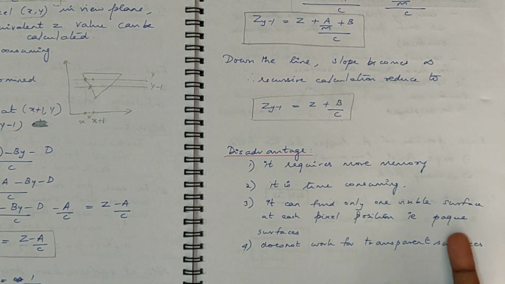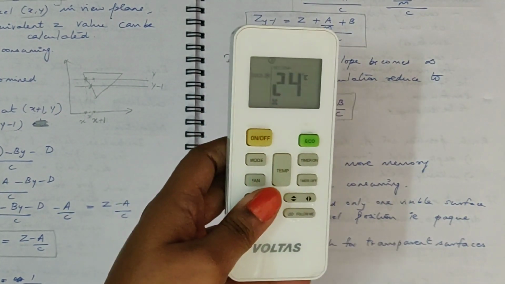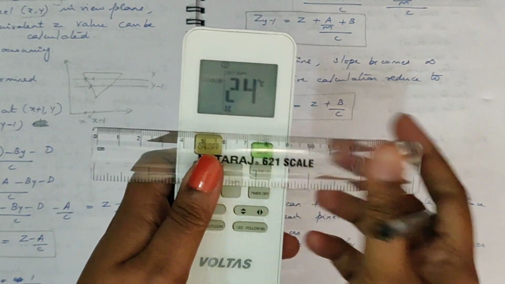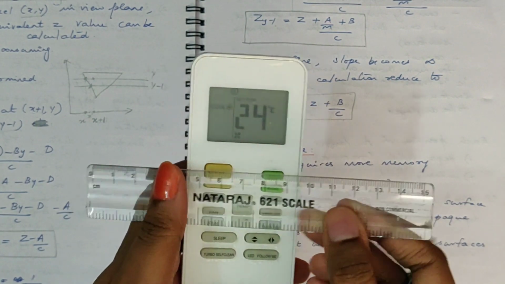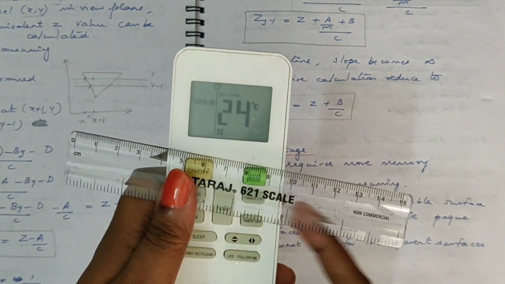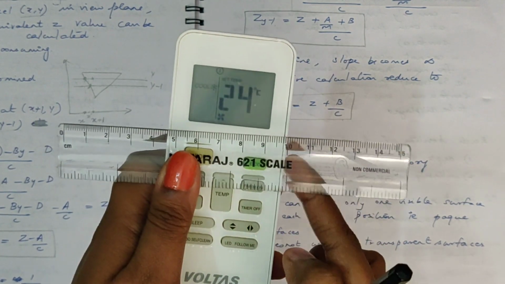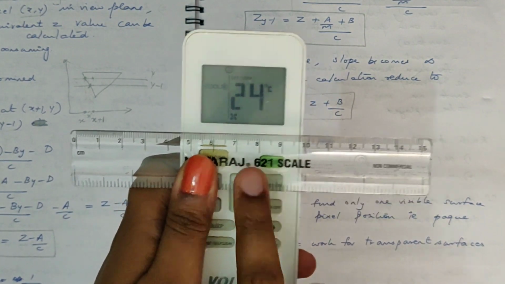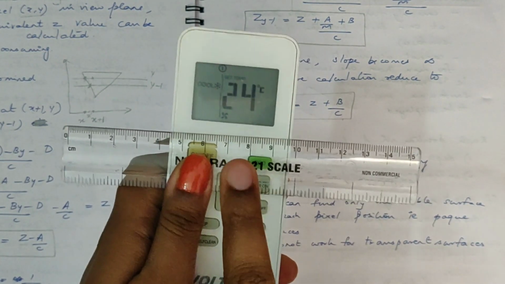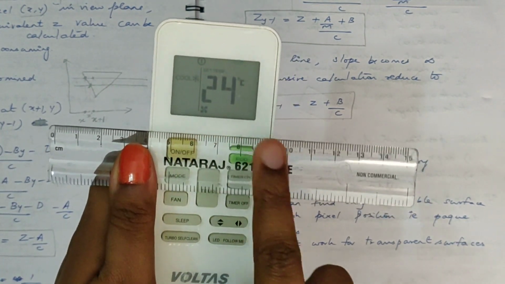That is, this will work fine only for opaque surfaces. It will not work fine for transparent surfaces. For example, if you have this object and a transparent object of this form, this is one surface and this is one surface. Since the depth value for this object which is behind the scale is more, its depth value will not be stored. The depth value for only this scale will be stored in the depth buffer, and the intensity for this part only will be stored in the refresh buffer.